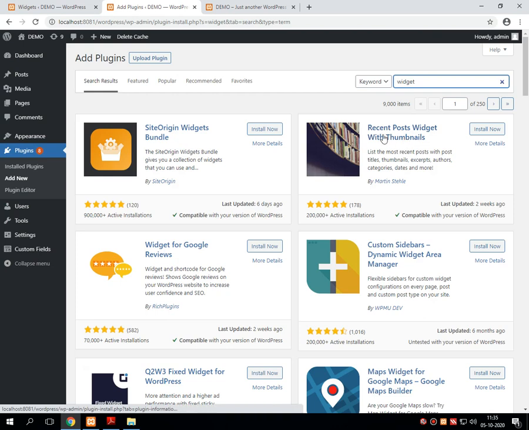I'm selecting this one because the rating of this particular widget is very high. There are 5 stars, so it is mostly used by many developers. So I'm just installing it, and activating it.